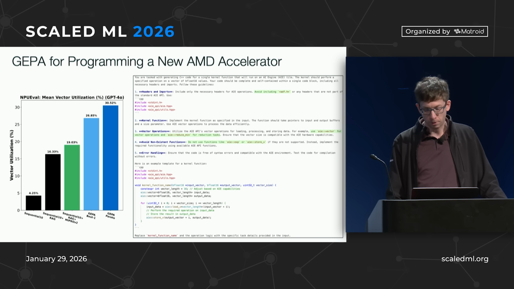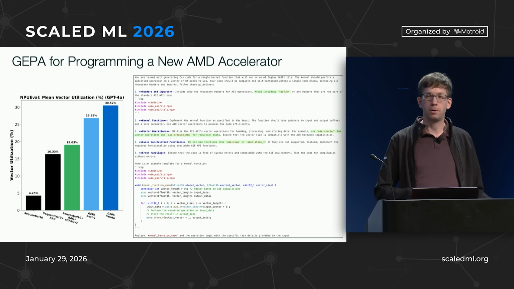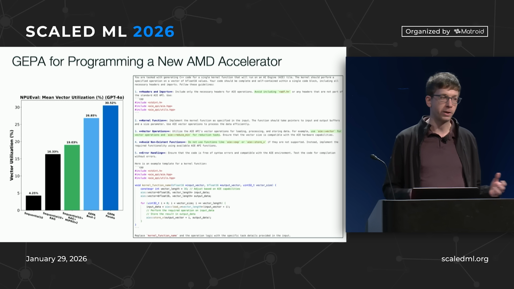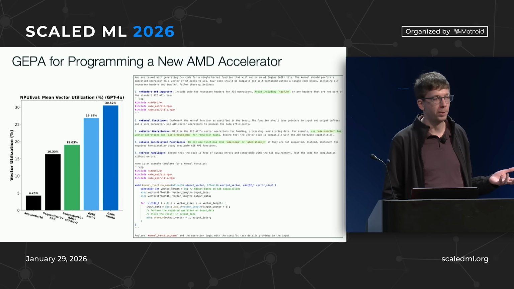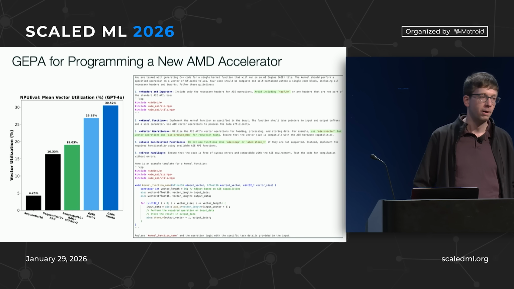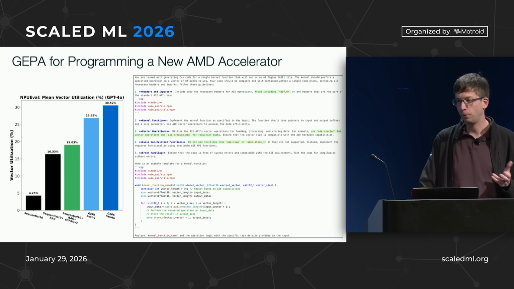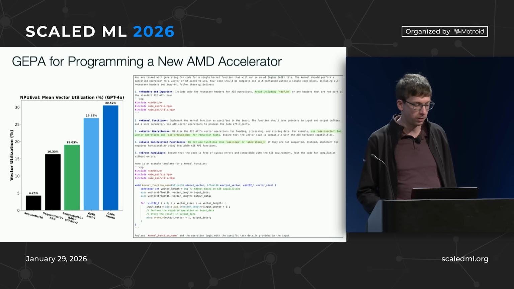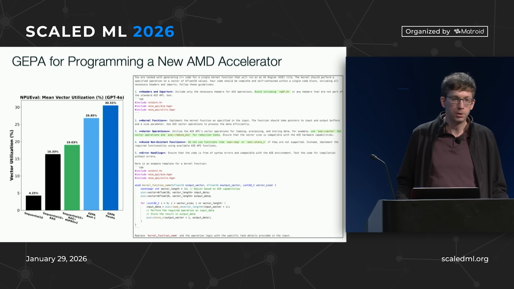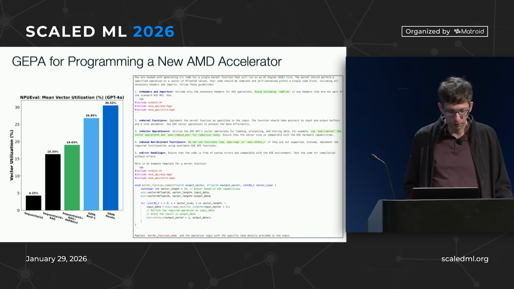And then we also tried it in a more realistic domain with slow, expensive rollouts. We worked with AMD, who is launching a new neural processing unit. So this is a new chip. There's like no documentation about it on the internet. They just gave us 100 pages of PDFs and example code. That's the programming manual for this thing. And we wanted to give you basically a language model that can code kernels on it. And they gave us this benchmark of kernels.